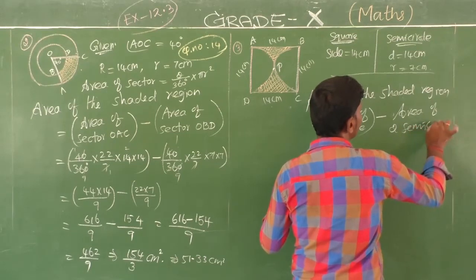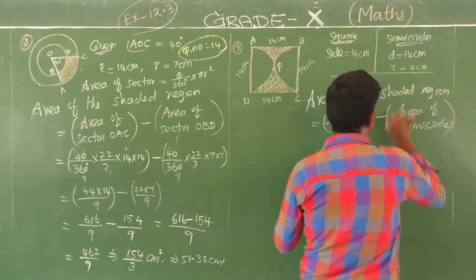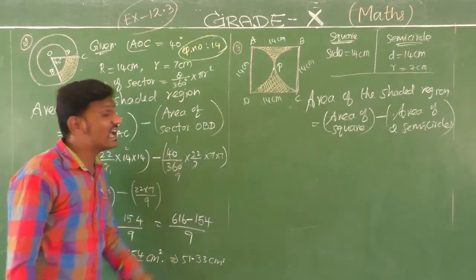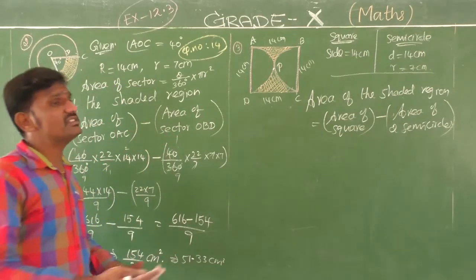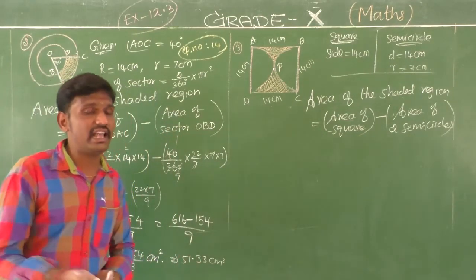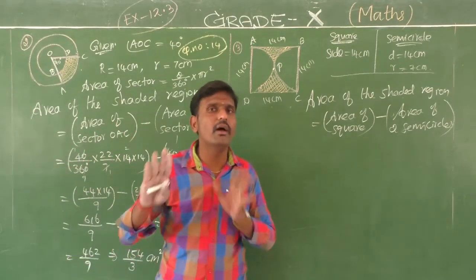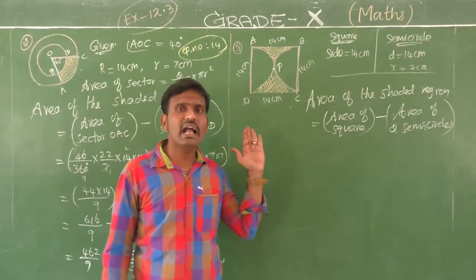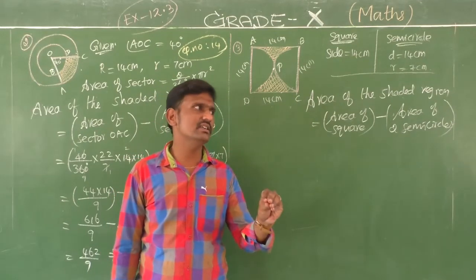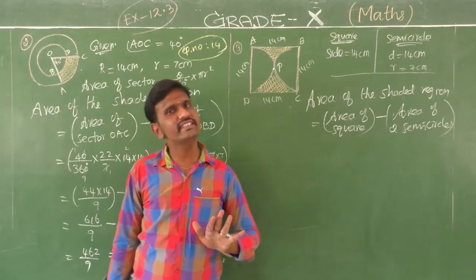So students, listen carefully. You have 2 semicircles here, and some of the students have a doubt. Sir, the 2 semicircles have the same diameter, shall we consider one circle? Yes, consider. It's not a problem. But in the given diagram, we have semicircles only. So use the term semicircle only. Don't use circle. Yes, students.